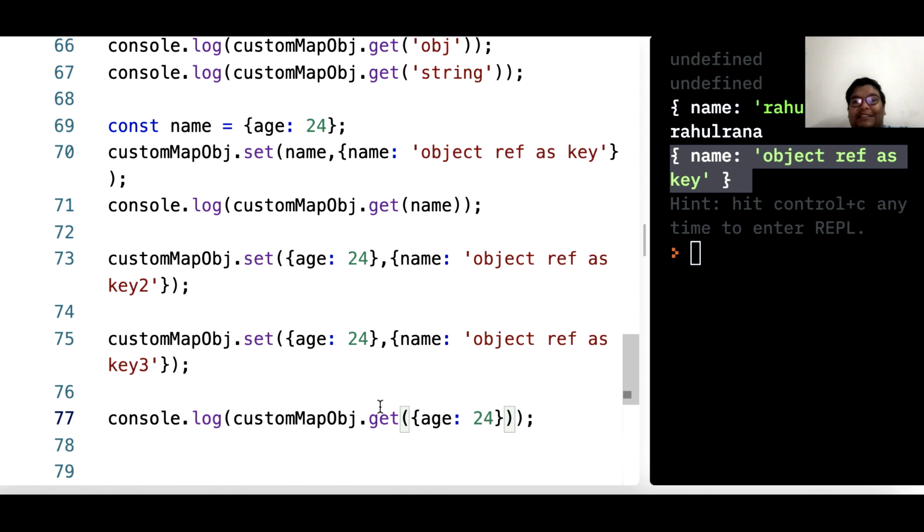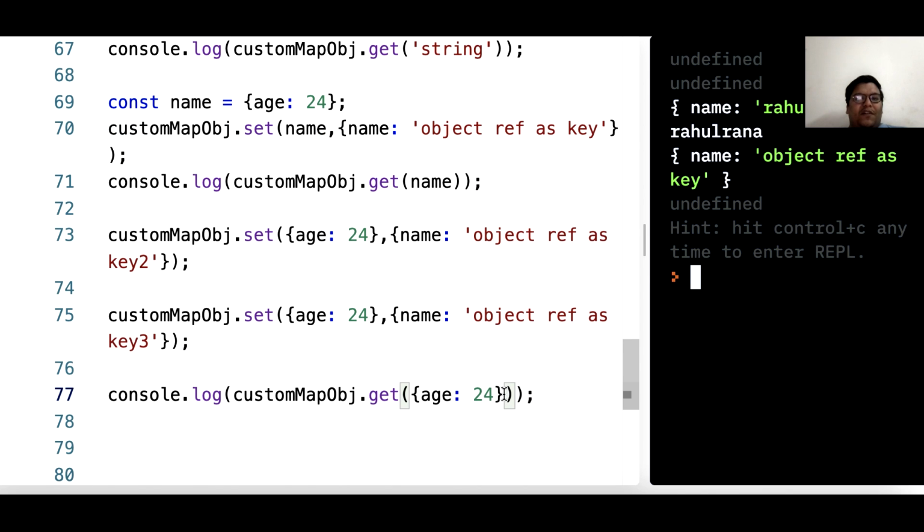Let's try to guess it. You have 5 seconds to guess, and if you guess it right, please comment if you know the reason. And if you put the explanation, that will be really great. Okay, so the output will be undefined. It should be undefined.